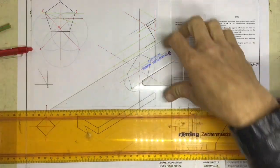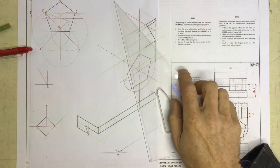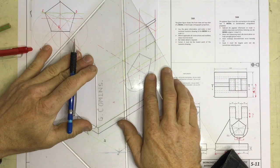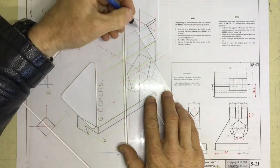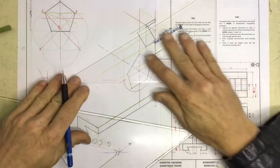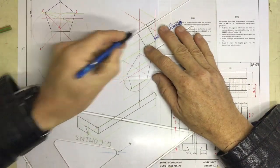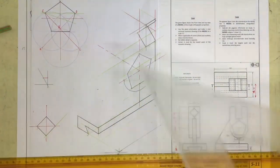Coming back over there. I've got this line going at that non-isometric angle, which is going to come over here. I'm going to draw that back over there, and I can then draw in that slanted line from there to there. And I can also then draw in a line which is going to go over here. Right, once I've got that in place, I can then continue